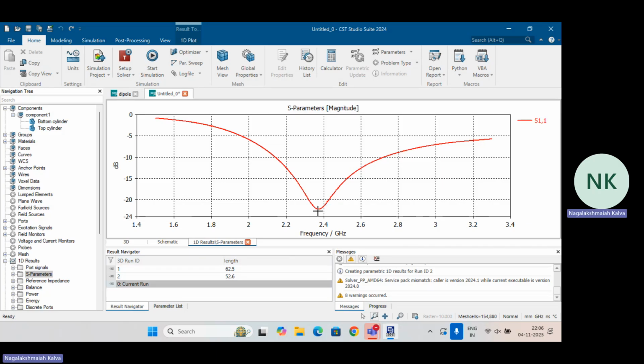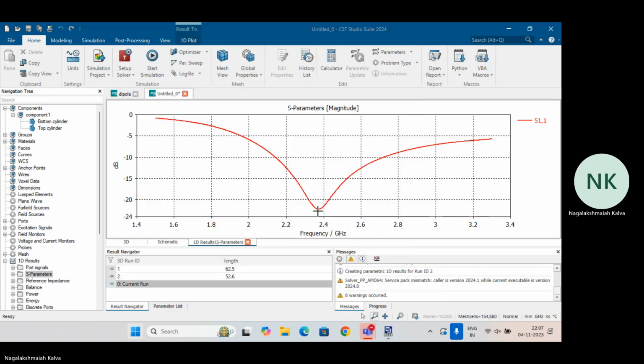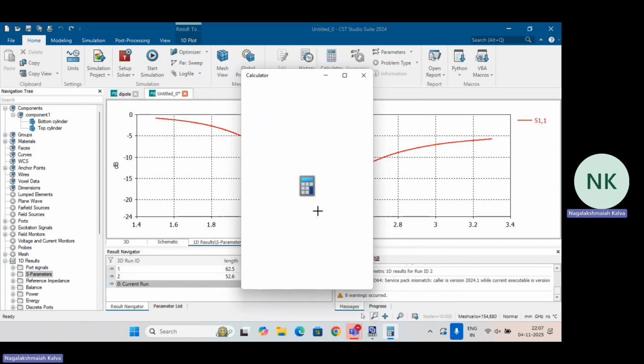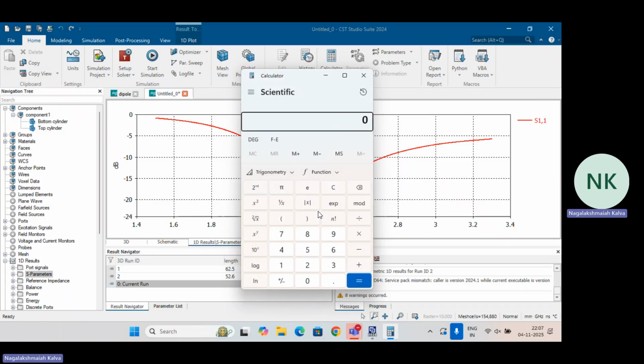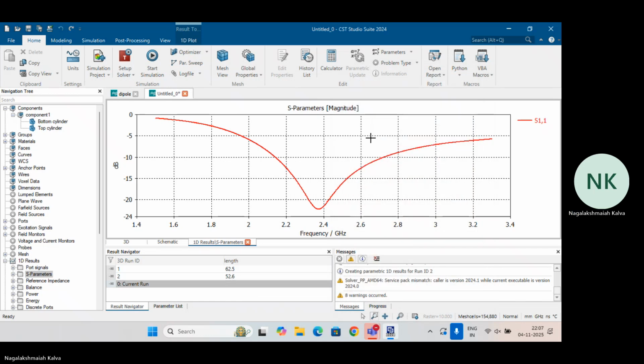That simple calculation, if you go to the calculator, is: current length 62.5 multiplied by current frequency 2.02, divided by 2.4, the required frequency. That value is 52.6, and the same thing I have included here, 52.6, that is giving resonance